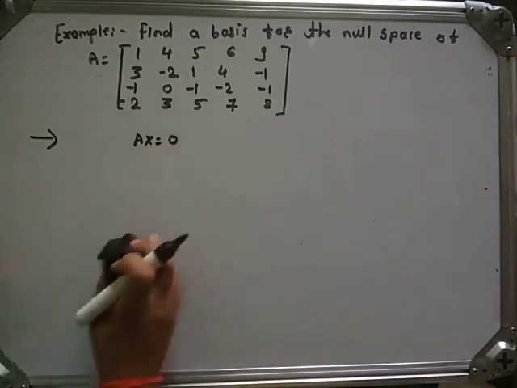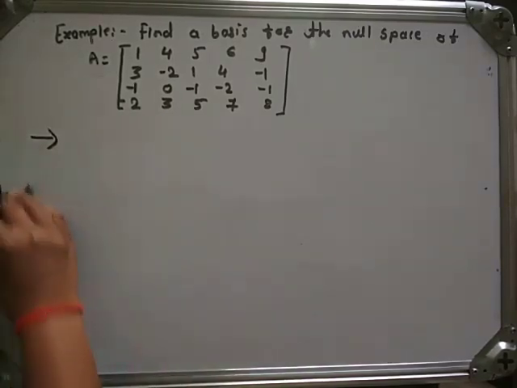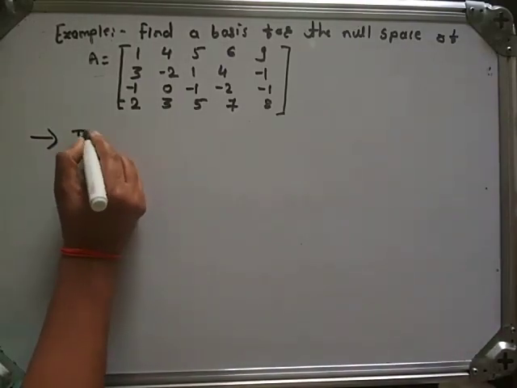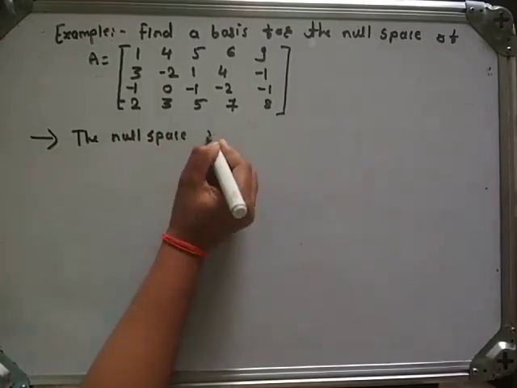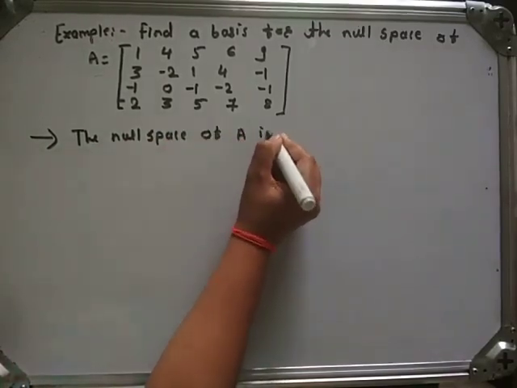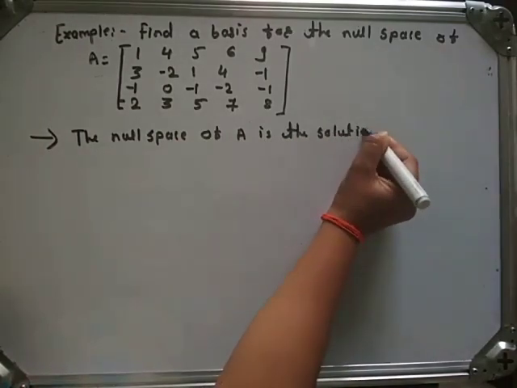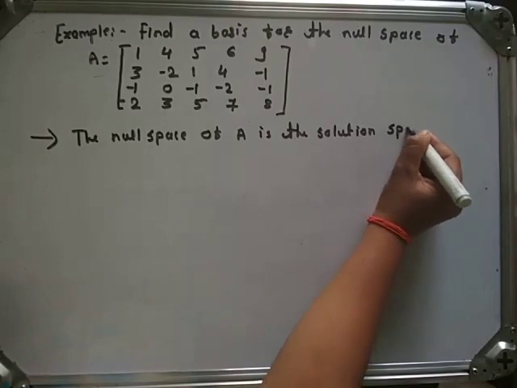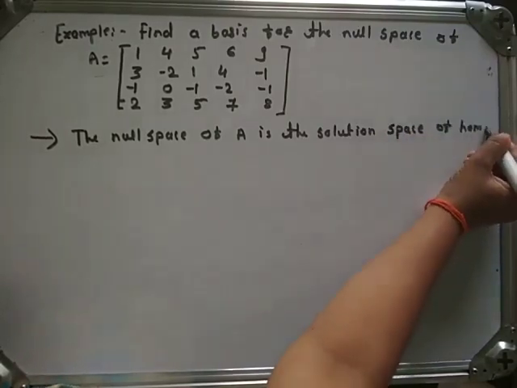So write this matrix in homogeneous system of linear equation form. The null space of A is the solution space of the homogeneous system